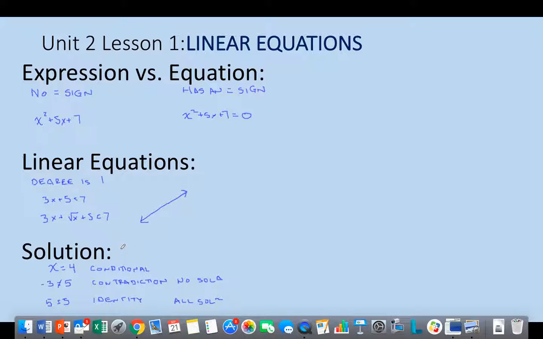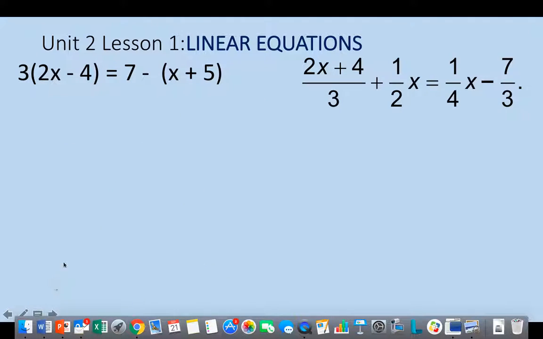And so remember, a solution are the values or value that make the equation true. Okay? So that's always a great way to check your work, by taking your solution, plugging it back into your equation. If it makes it true, then it's a solution. If it makes it false, like this down here, then of course it is not your solution. So we've got a number of different